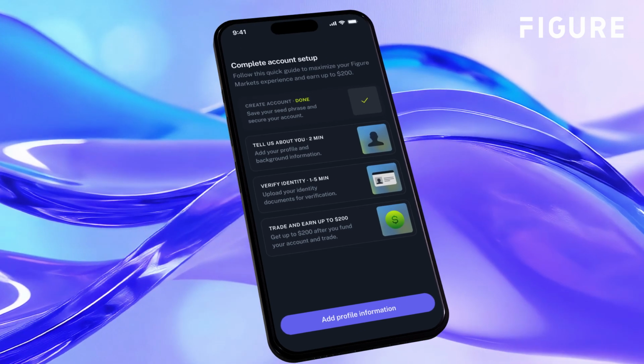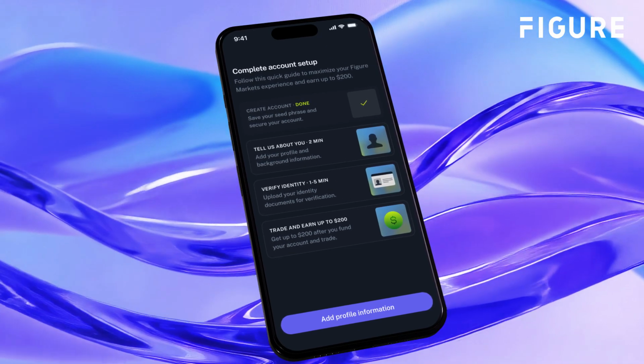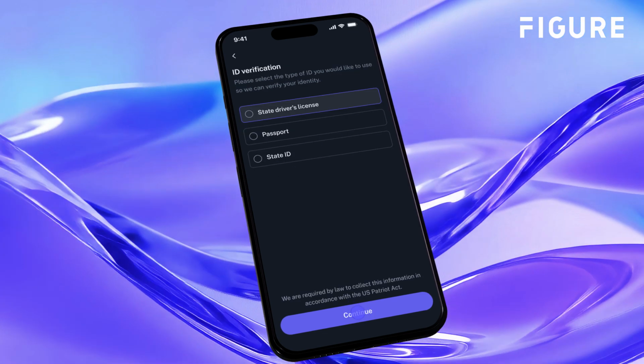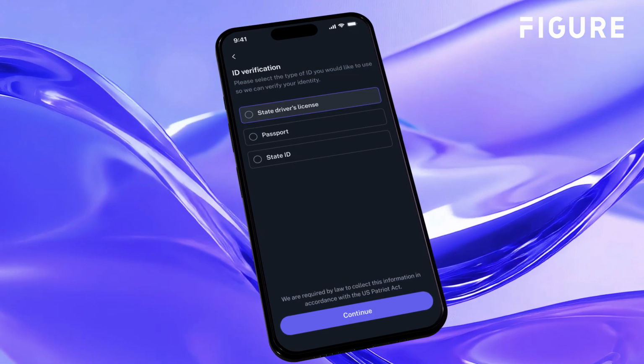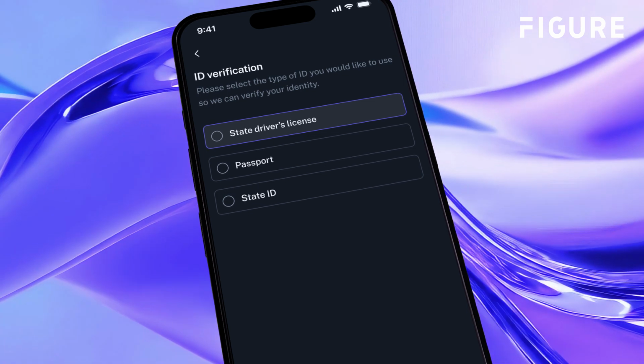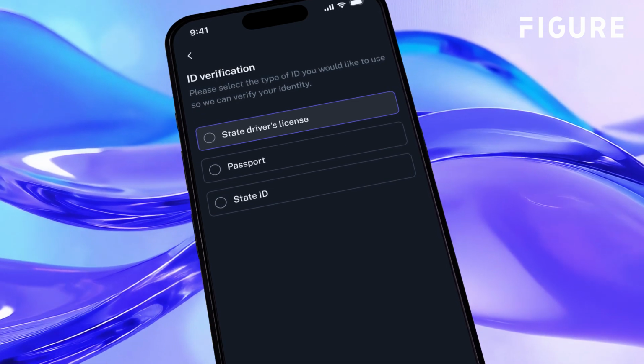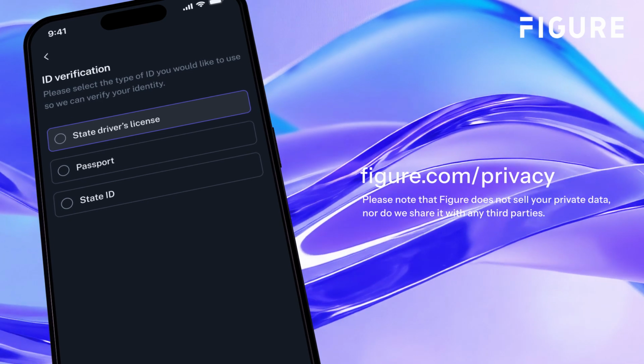Now that you've made your account, you will land on a checklist to complete your Figure Markets profile. Click Add Your Profile Information to get started. Then follow the on-screen instructions to verify your identity. All users must be KYC approved to trade equities. For more information, please see our privacy policy at